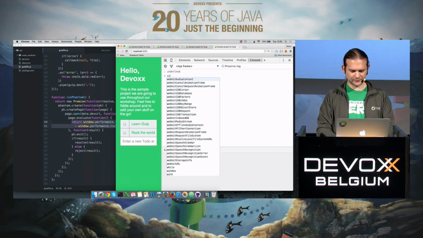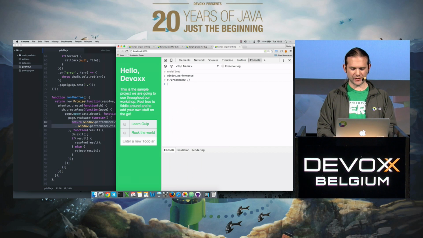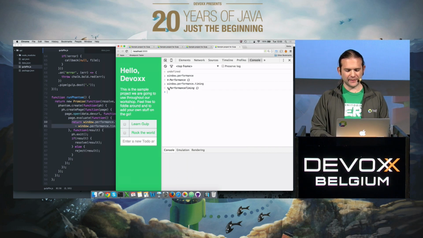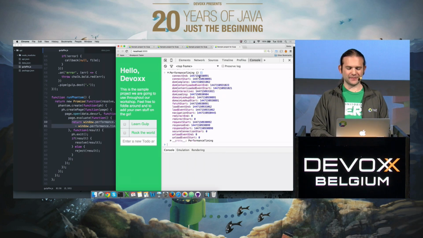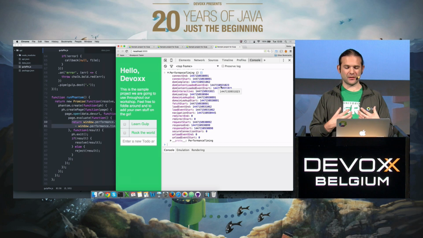So you have this object in the DOM which is called window.performance, and here you have window.performance.timing. This is an object of all the timestamps, the dates where events occurred, where you can see from the very request when it started, when the response started, when it ended, and all the other events in between that happened in the browser, like when the document was complete, when the whole document content was loaded,